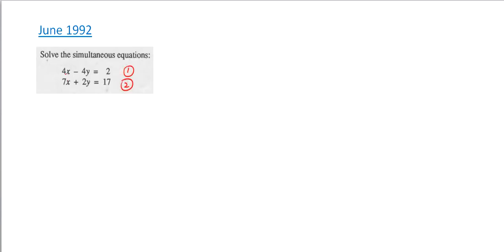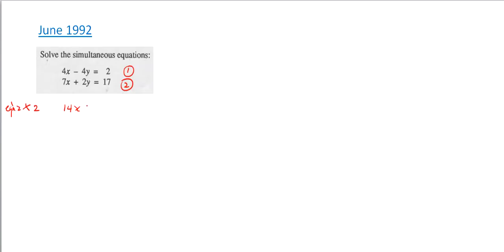Now, when we say elimination, we can either eliminate x or we can eliminate y. Now, in this first equation, equation 1, we have minus 4y, and in the second equation we have 2y. So what we do in the second equation, we multiply by 2. So that is equation 2 multiplied by 2, which will give me